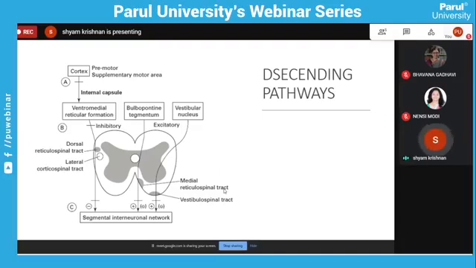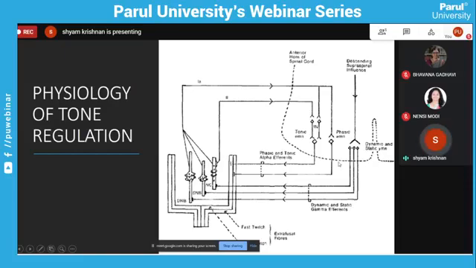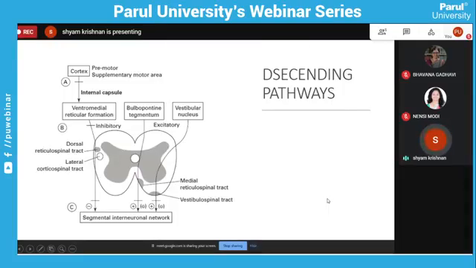When we are talking about the supraspinal influences in this diagram, to simplify it and not confuse it much more, I have divided it into those which can put an excitatory input into the gamma motor neuron system, and those which can put an inhibitory input into the gamma motor neuron system. You can see that the cortical fibers which project onto the ventromedial reticular formation basically cause an inhibitory influence on the gamma motor neuron system. It usually comes down through the reticulospinal tract.